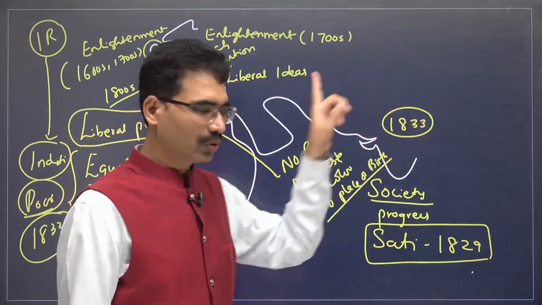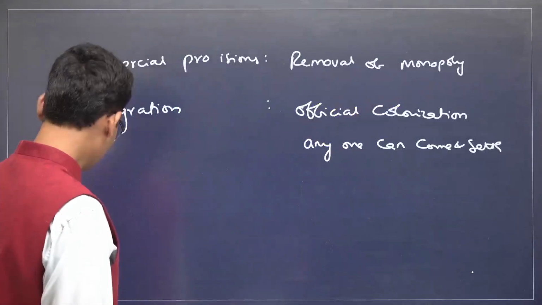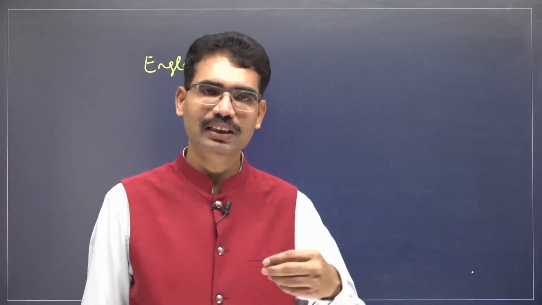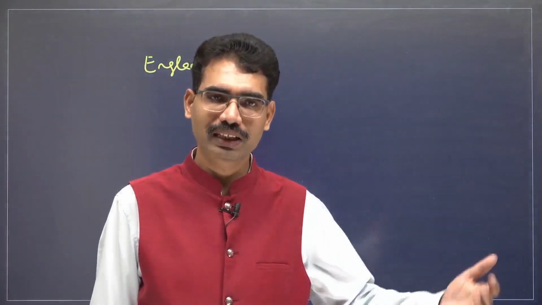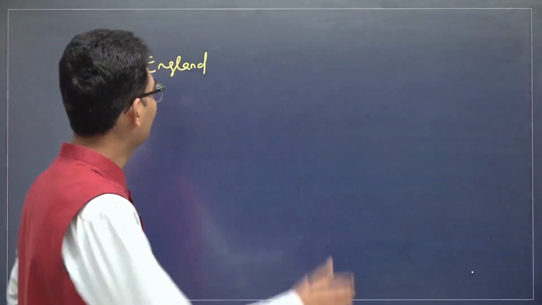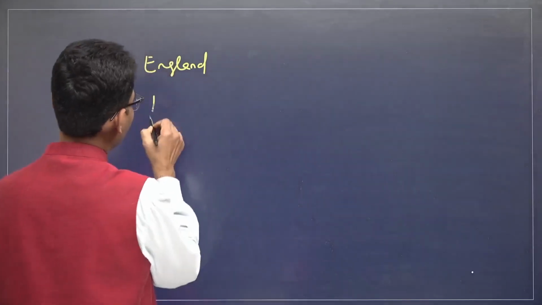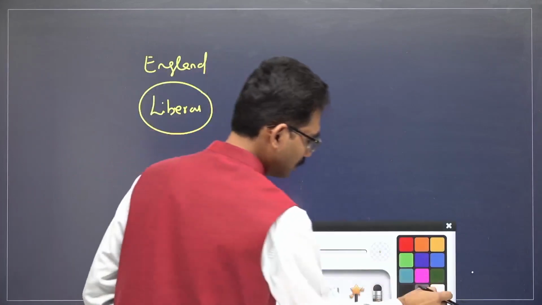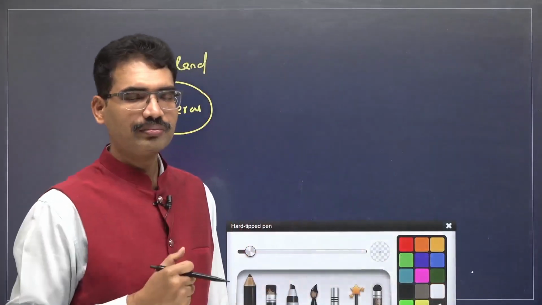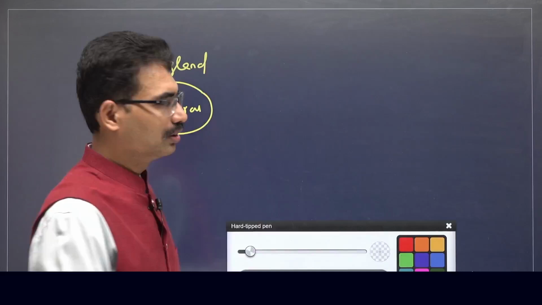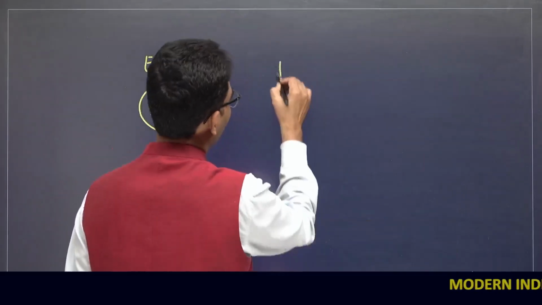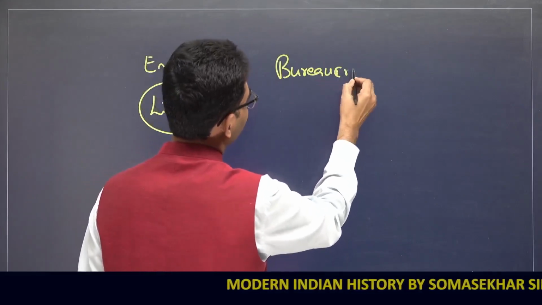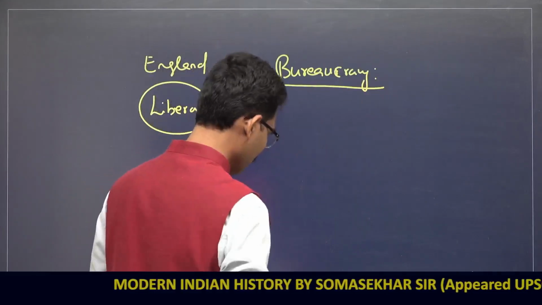That principle is also going to come. But when it comes to the principle, they will have all the liberal principles. But when it comes to practicality, they will not follow it. That is the typical nature of British administration in India. But at least in England, liberal principles, utilitarian principles were strongly popular. The winds of change are coming now. As a result, they brought a principle even in bureaucracy also. In bureaucracy, what they have told,